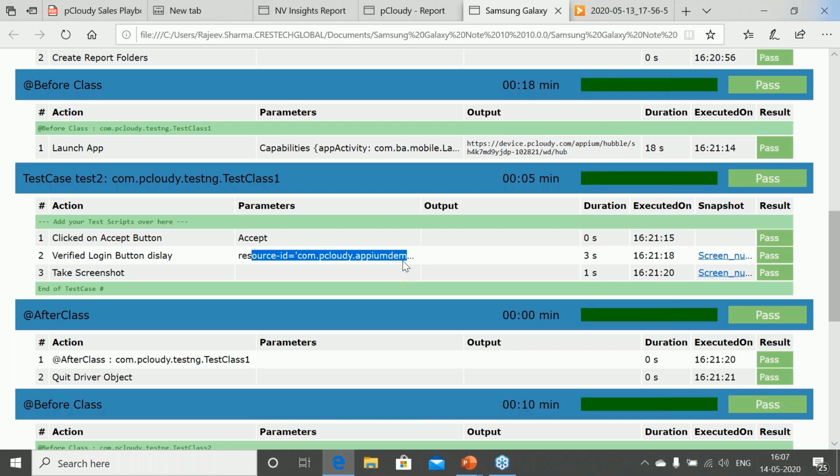We can correlate these conditions in different ways, which will tell us whether the application is good to go into production or not. So this way, this plugin will help us identify the various parameters and conditions which can impact application performance.